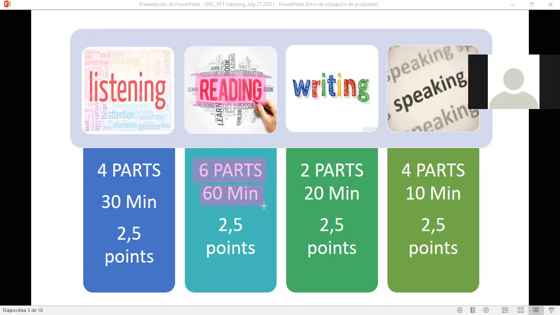You will have many questions to answer, and the questions and the kind of readings are going to be different each time. Si cada reading que ustedes tengan, cada ejercicio de reading dentro de estas 6 partes va a ser diferente. Okay, and once again, it's going to be over 2.5. También va a ser calificado sobre 2.5. So here you have an idea of how it is going to be in a general way.